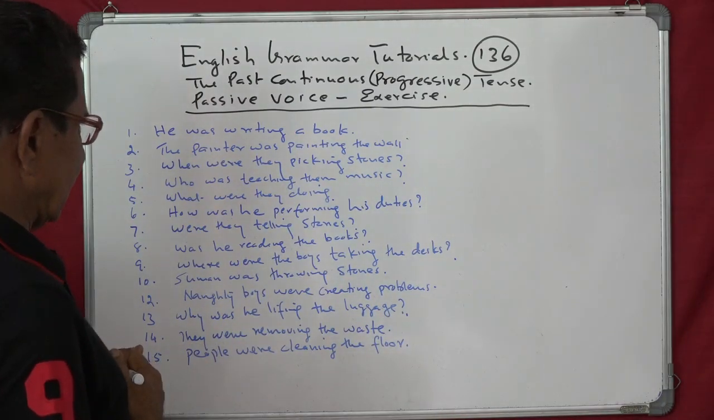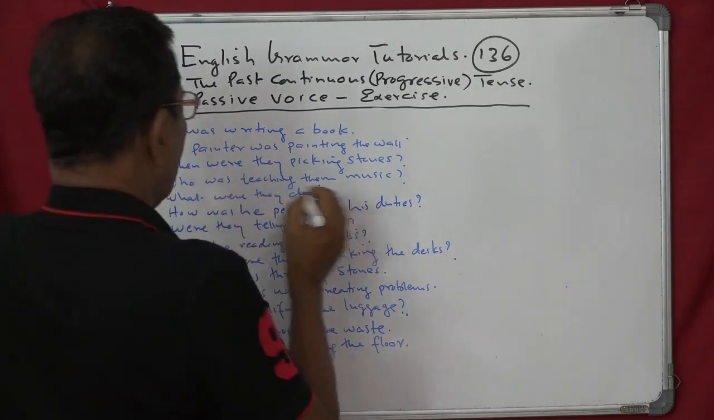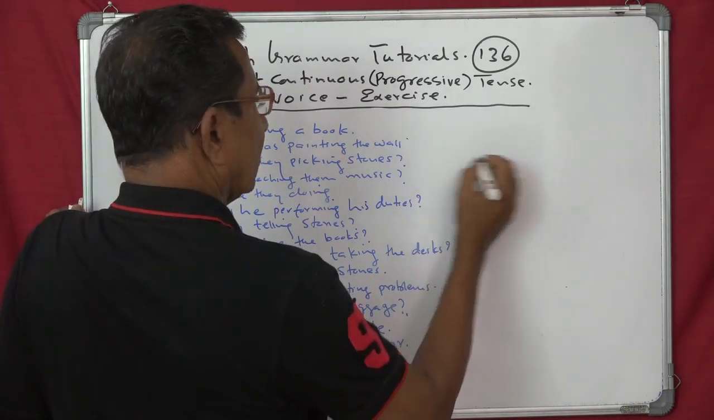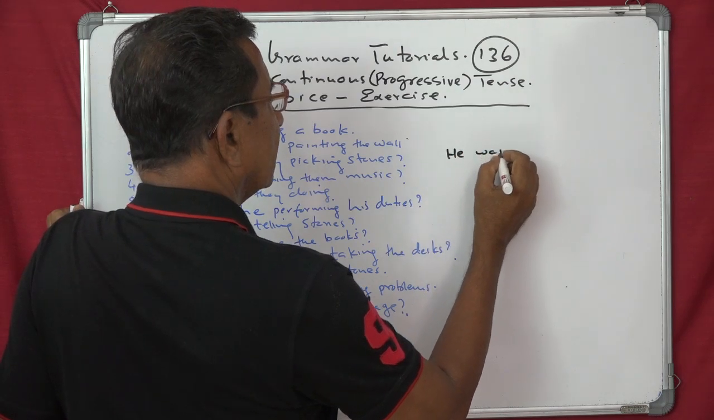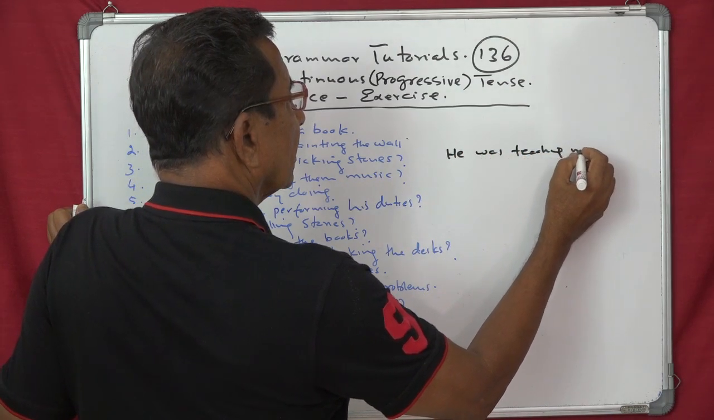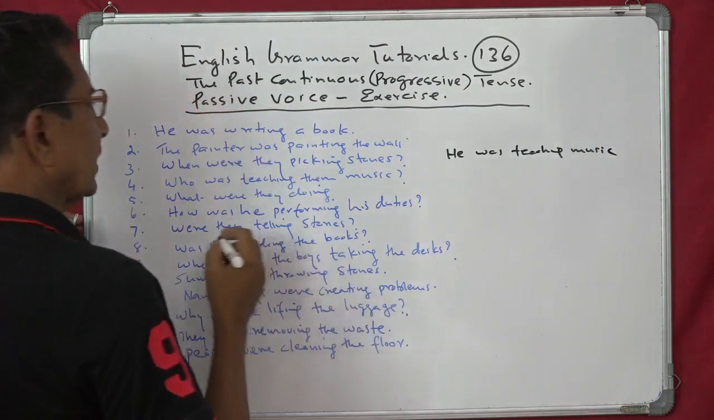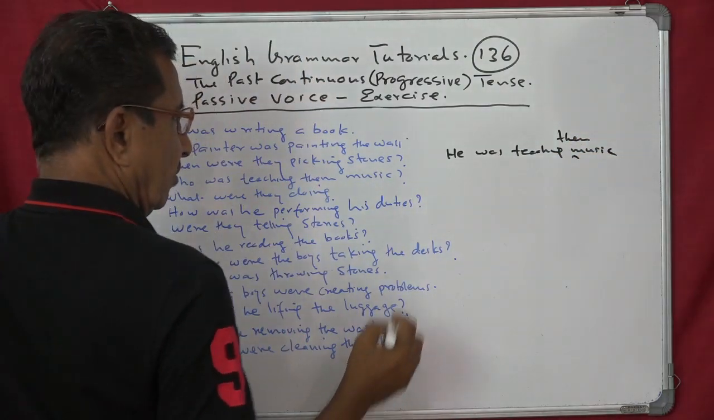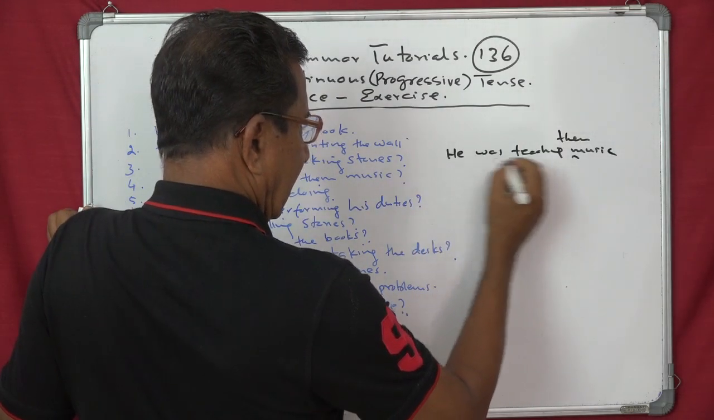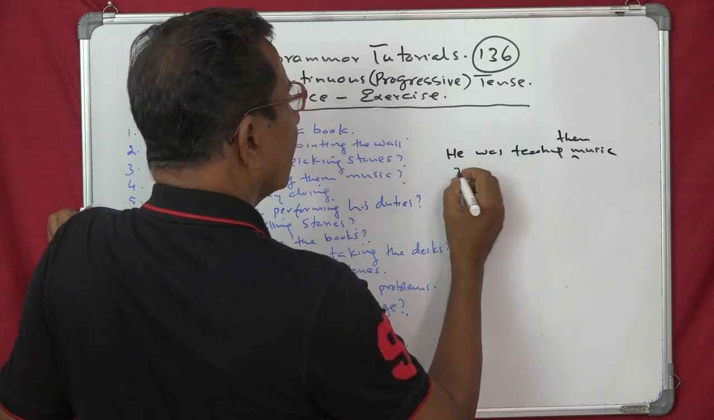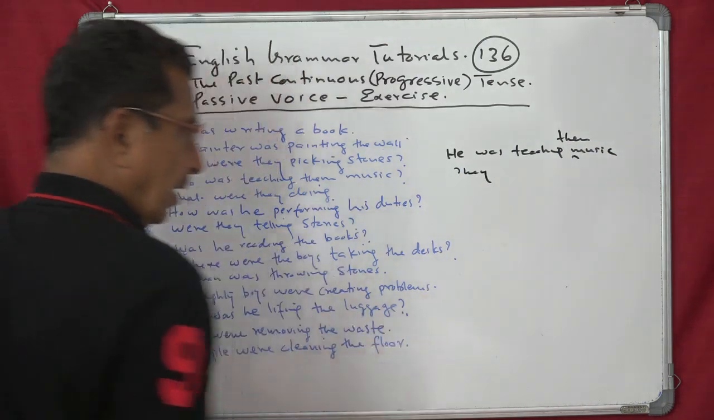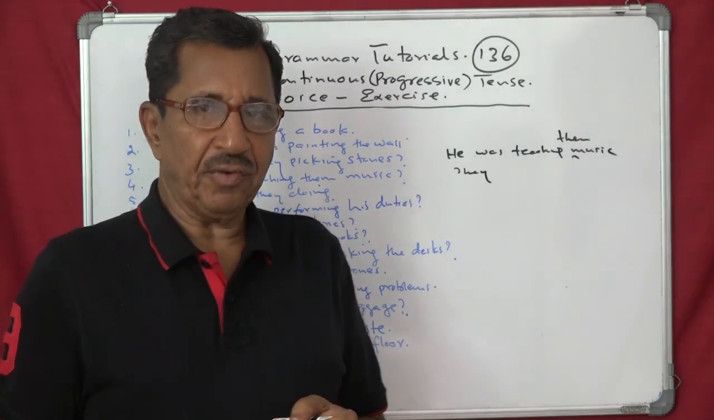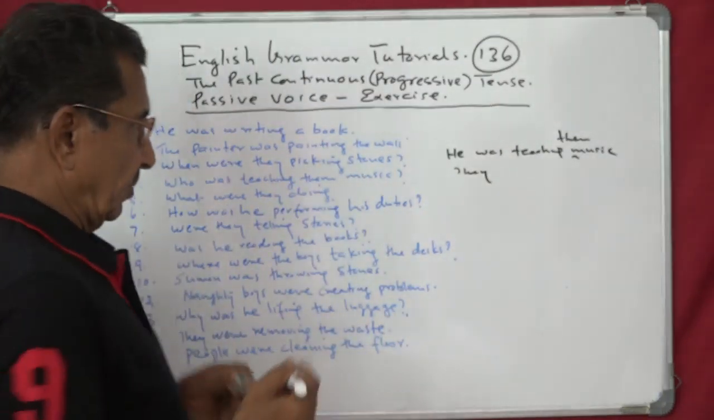Now next is, who was teaching them music? So then it will be he. Instead of who, you substitute he. He was teaching music. He was teaching them the music. And then you can see music. So they were, because this is the personal object. Always when you have two objects, then you take the personal object that is preferred as the subject of the passive. So they were